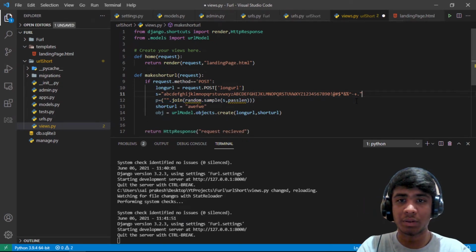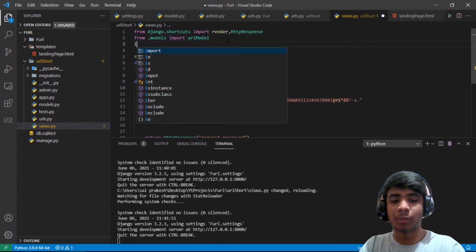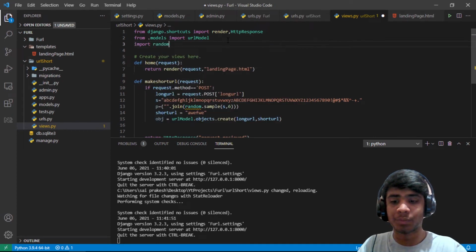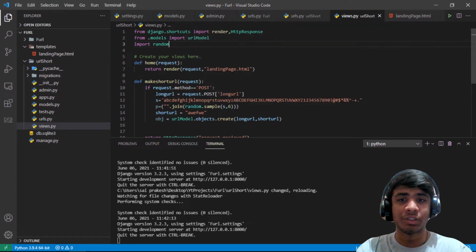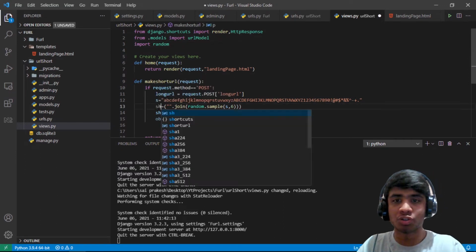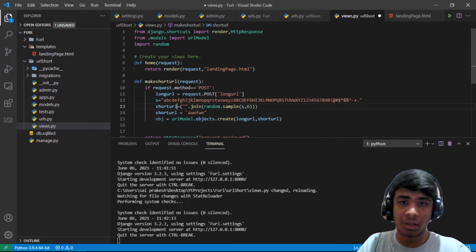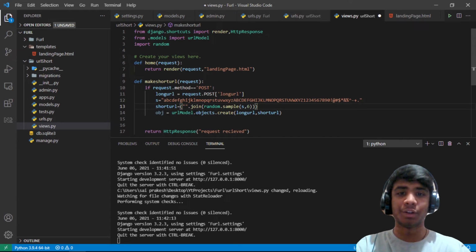I cannot do it directly, so very simply, importing random and passing the length here. Let's do 6 for our case, and let's import random. Random is going to pick 6 characters from this long string of characters, and we are going to join them to create our p. So p is nothing but our short URL here, right? So let's remove this, and this is going to be a short URL, and using that we are going to